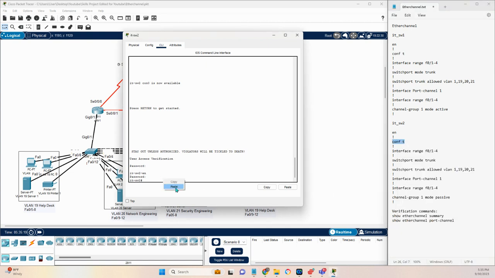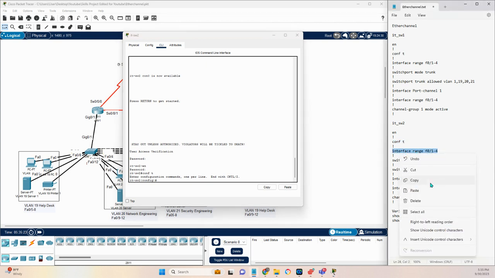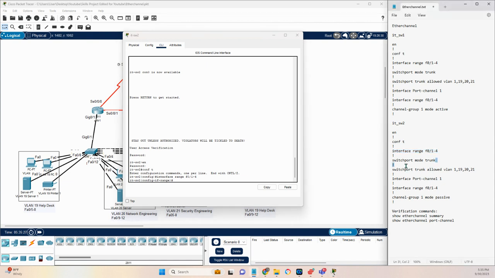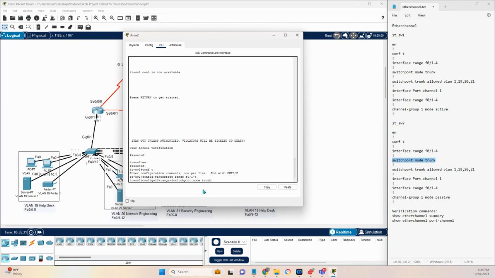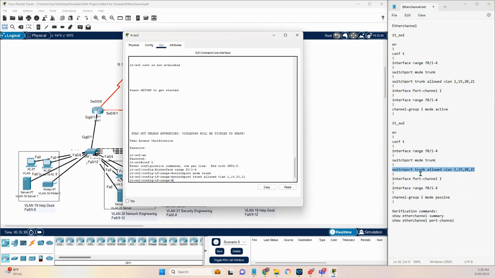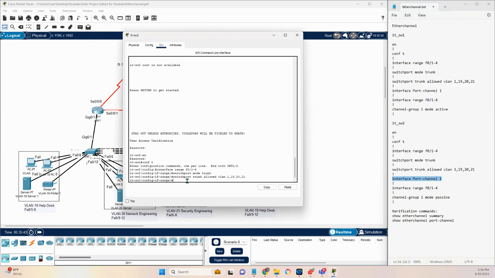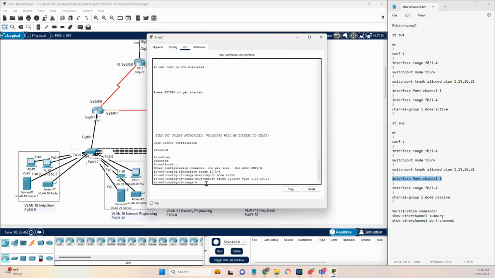Configure terminal, get us into global config mode. Interface range. We're going to make these switch ports into trunk ports. We're going to allow these VLANs over the trunk. All right, now we're going to create the port channel 1. Remember, the port channel needs to be the same on either side. So port channel 1